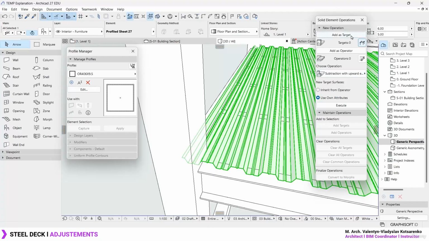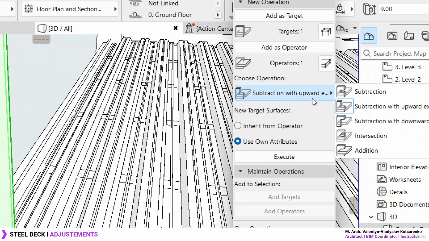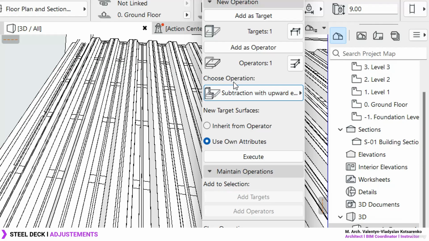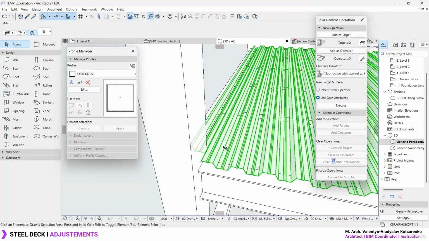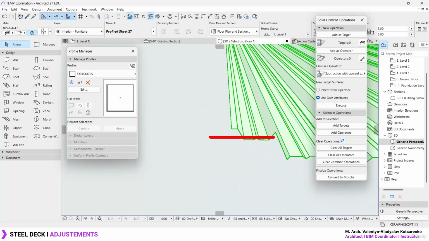This one is going to be the target, the column is going to be the operator, and just in case, this is just a small just in case, subtraction with upward extrusion is going to be set to be the operation. Okay, just in case. Let's press execute, and right over here you will notice that this is how you can make a small cutaway